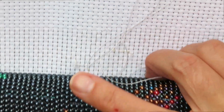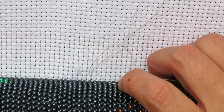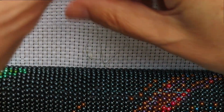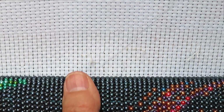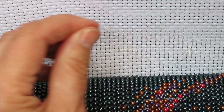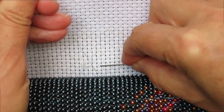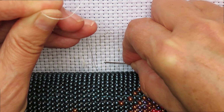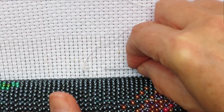Okay, I don't need this one pin anymore. I don't want to stab myself. So I grab that thread that's supposed to be from my broken beads up there, and I pull it away, and I will secure a little bit higher because I can't go very close. Well, kind of next to it. I need to make it like a one knot,